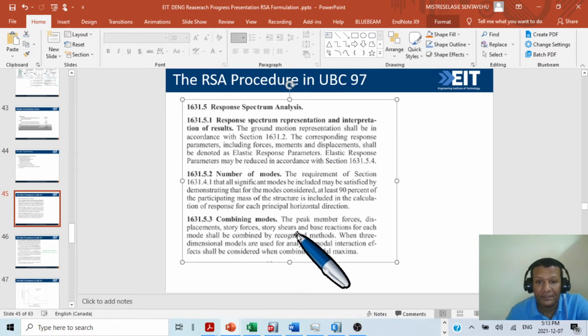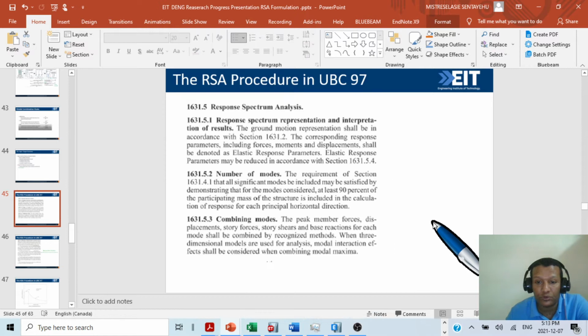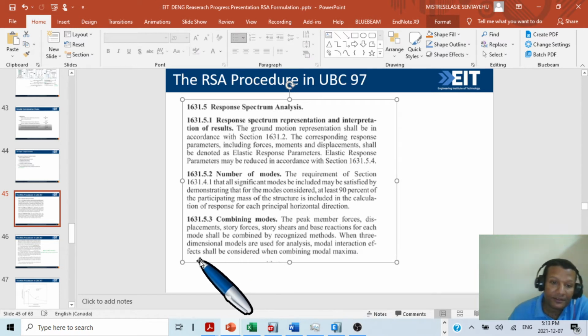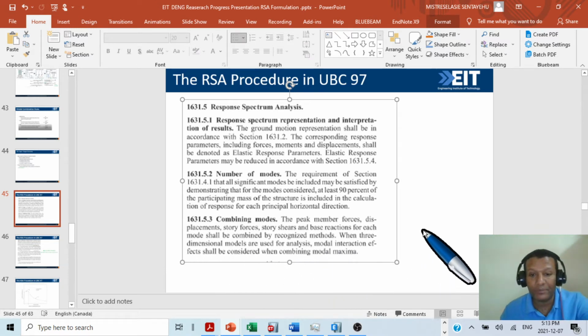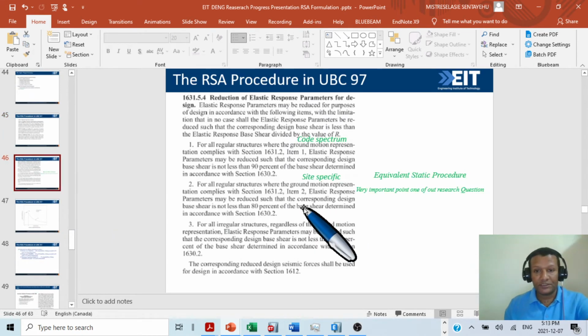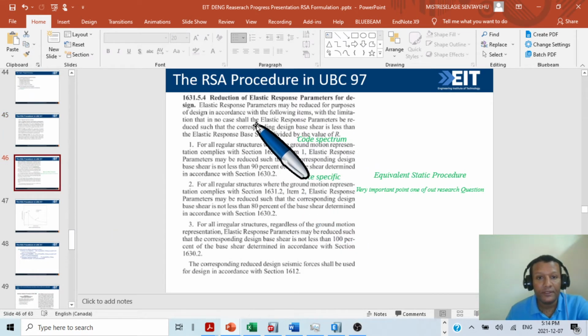Combining method: the peak member force, displacement, story forces, story shears and base reaction for each mode shall be combined by a recognized method, SRSS, CQC or absolute sum. When 3-dimensional modes are used to analyze the model, interaction effects shall be considered when combining modal maxima. In this way we can see, for example,